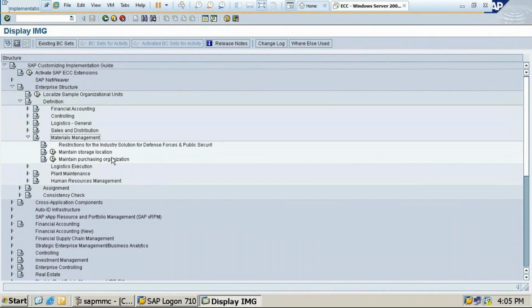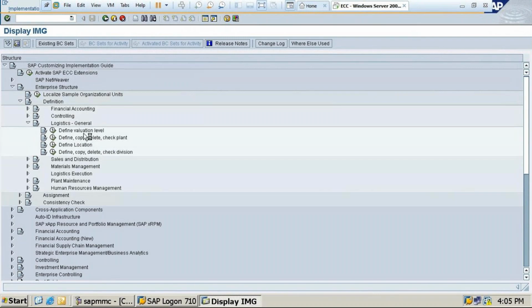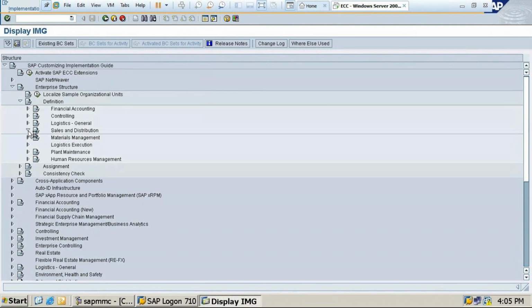If you go to logistics general, you have the valuation level and plant. Mainly you will create a plant here under logistics. Then you have sales and distribution, which helps you create things related to sales and distribution. Whatever you want to create for the first time, anything new, will be under the definition.